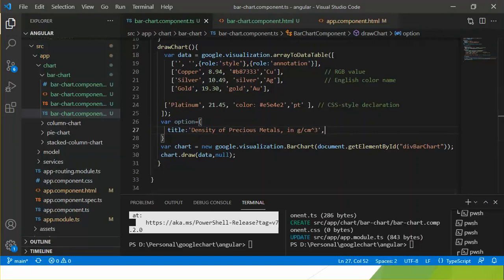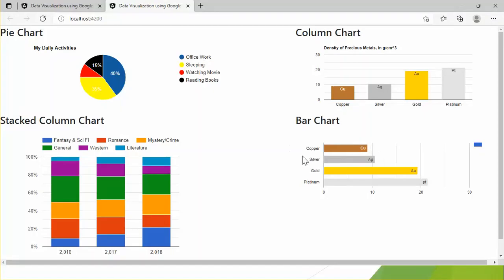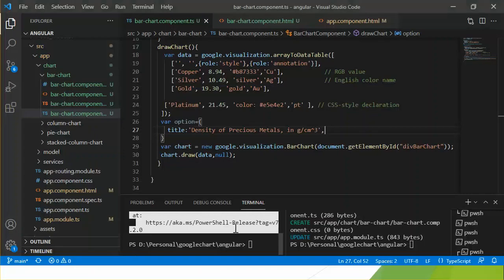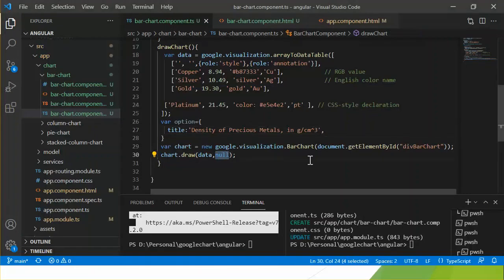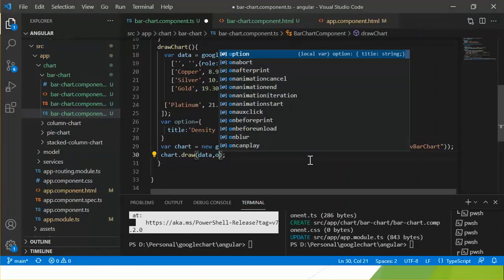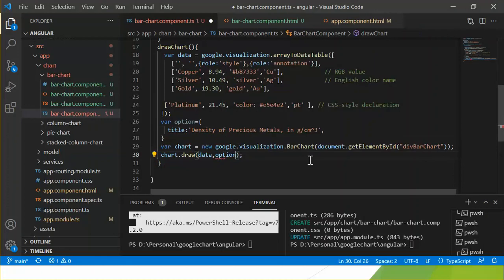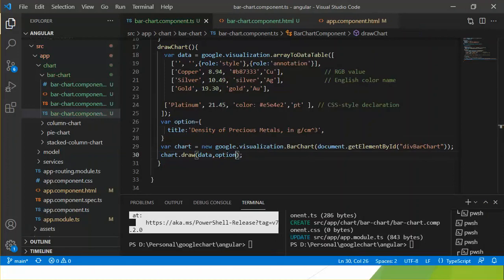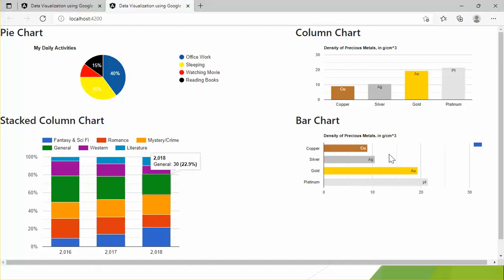Let's see. Sorry, we need to pass the options into the chart draw method. So let's save. Okay, the title has been added.